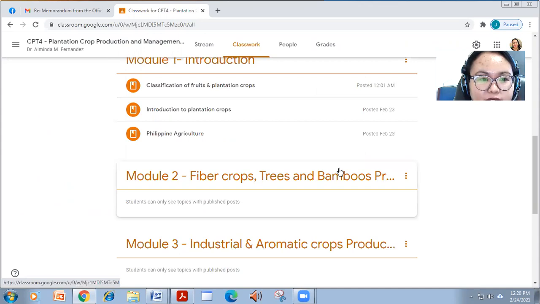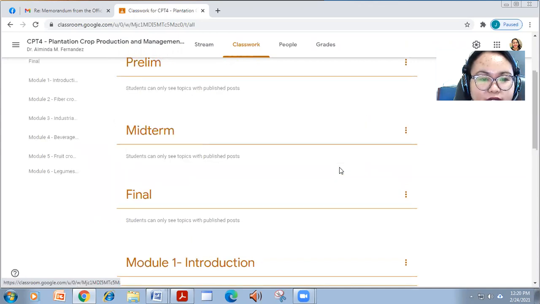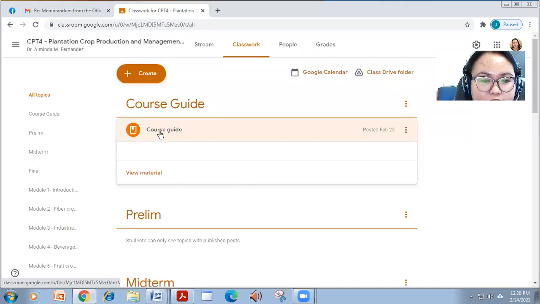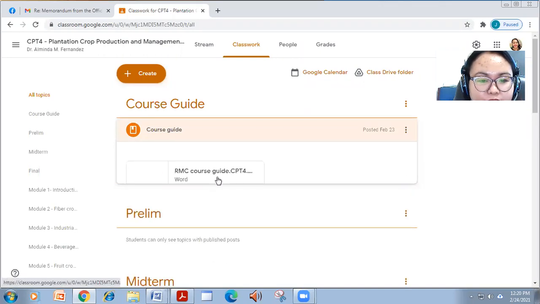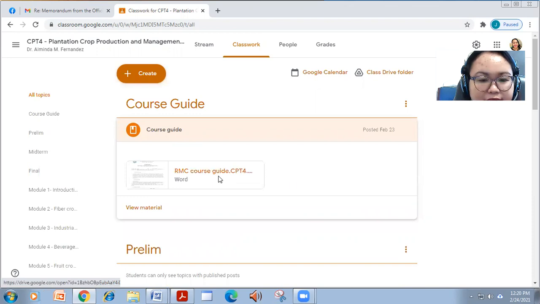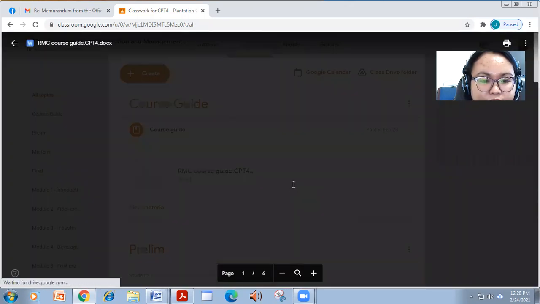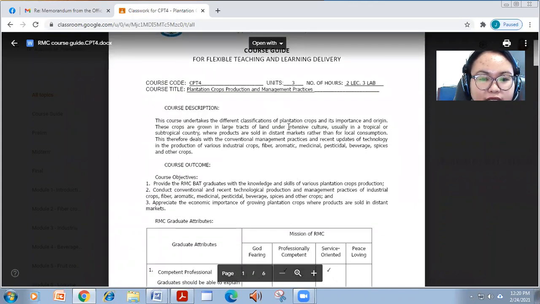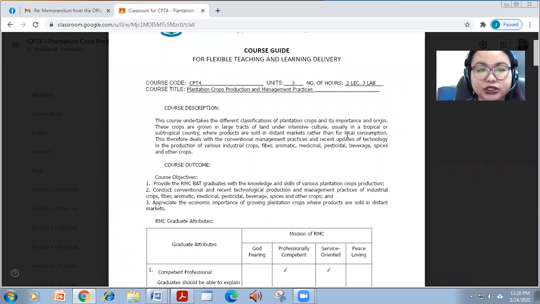So we will start with CPT4, plantation crop production and management. As you can see, we will check first the course guide. In this subject, we're going to talk about the different classifications of plantation crops, their importance in a region, and how plantation crops differ from fruit crops, vegetable crops, and so on.